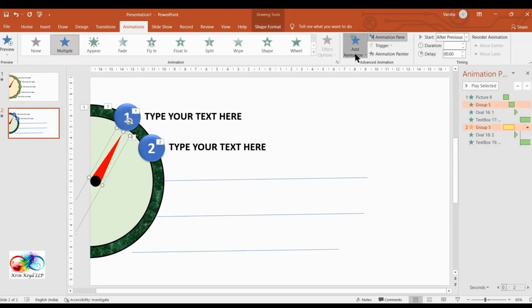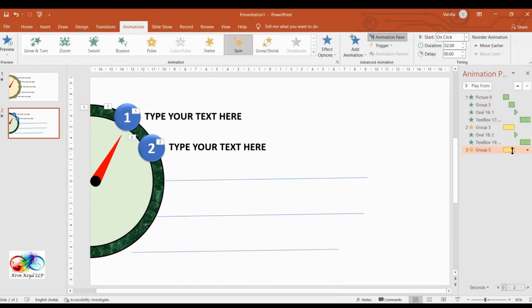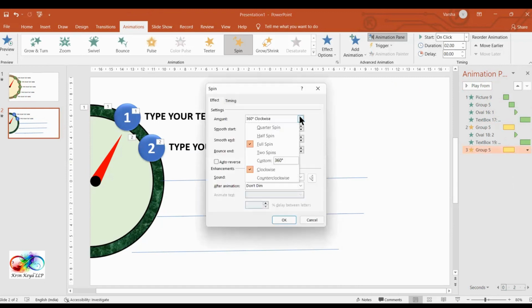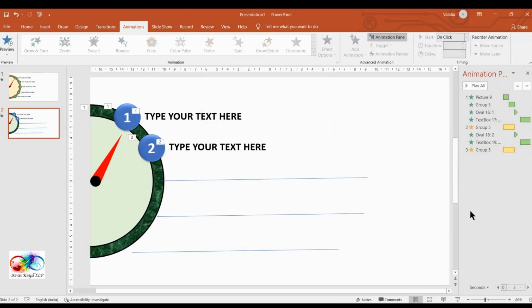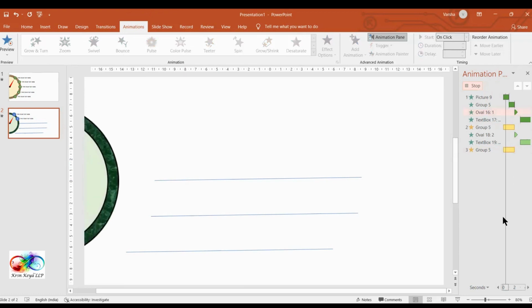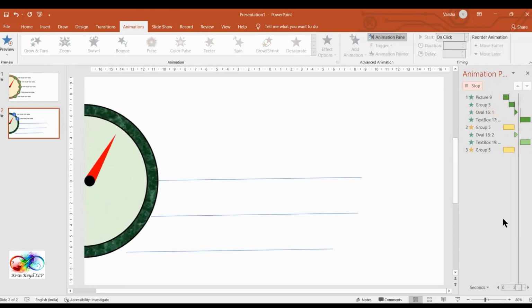Again, you're going to add animation. You're going to give the spin one. Again, you're going to go to the drop down and pick up the effect option. Again, in the amount, you're going to go and type another 30 degrees. Okay. And say 2 times enter. It is happening. Now you will play it again and see first before we go into doing the